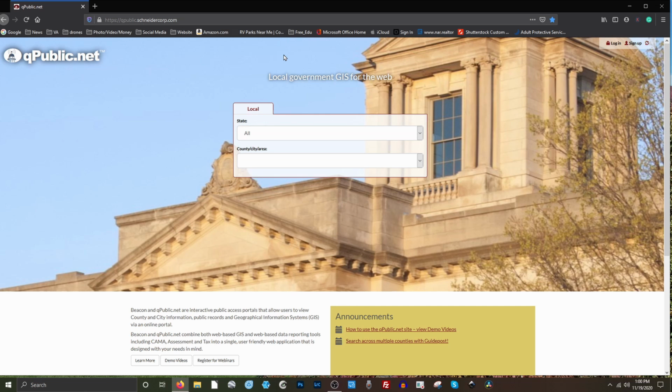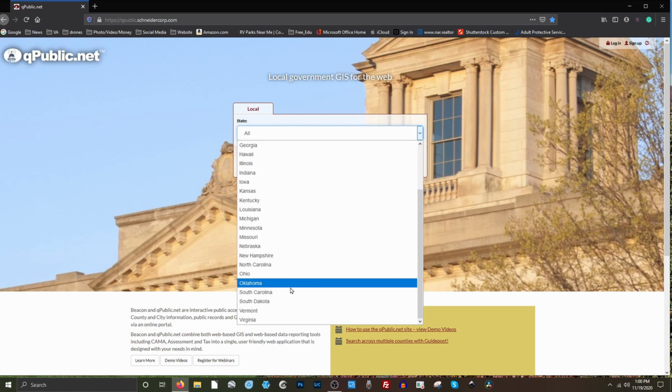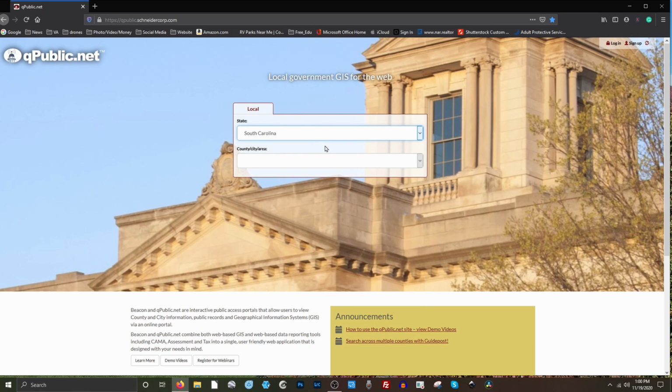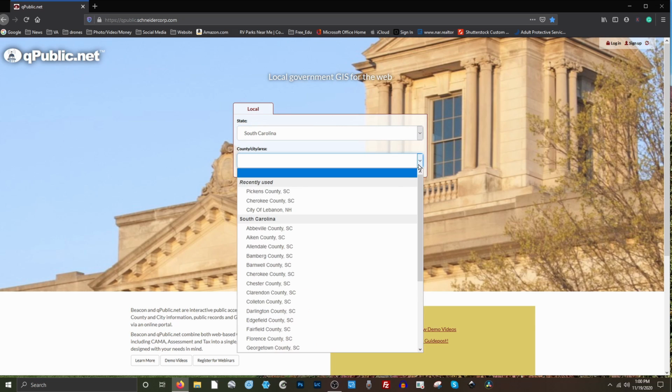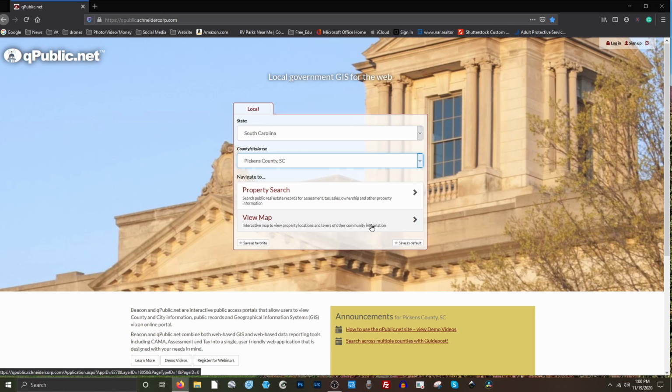Okay, as I stated earlier, we'll be using qpublic.schneidercore.com. I live in South Carolina currently, and this is the service that provides the GIS that we utilize. As you can tell, this is the opening page. We'll simply go down to where it says State and select South Carolina. Then, for this tutorial, we'll be doing a property in Pickens County. So you hit the downward pointing triangle, select Pickens County, where the property is located, and then just click Property